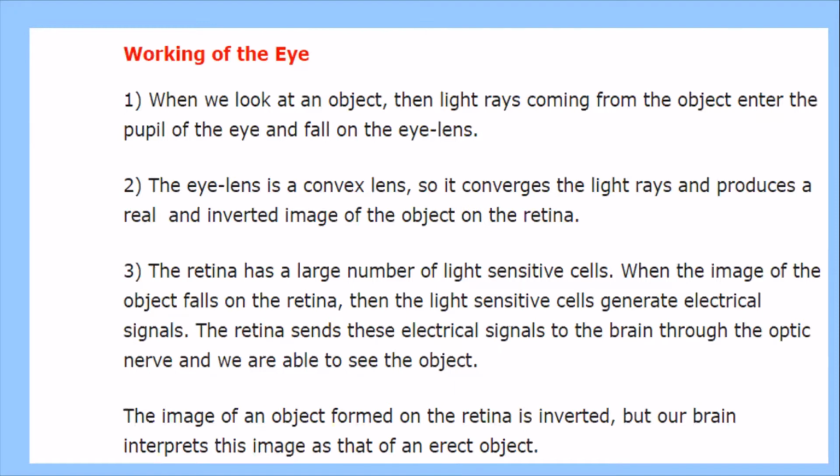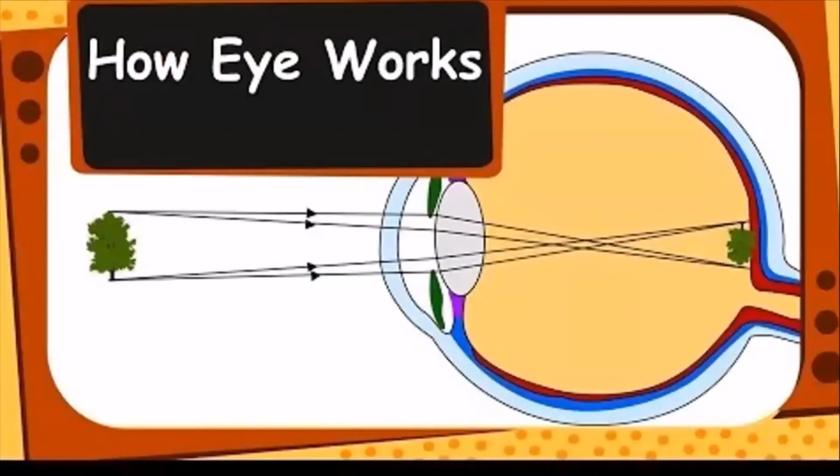So, I am going to explain this with the example of the image that I showed you. In this, a human eye is watching a tree. The light rays coming from the tree enter the cornea and then the lens. As the lens is convex, it converges the focus on the retina and forms an inverted image. The photoreceptors present in the retina, such as rods and cones, transform that image into electrical signals, which are sent to the brain through the